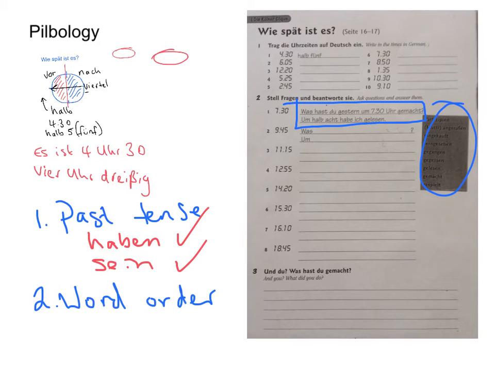So let's look at a couple of examples. We've got the first one, which I've highlighted in blue. Was hast du gestern 7:30 Uhr gemacht? Or 7:30 gemacht. 7:30 habe ich gelesen. Okay, so